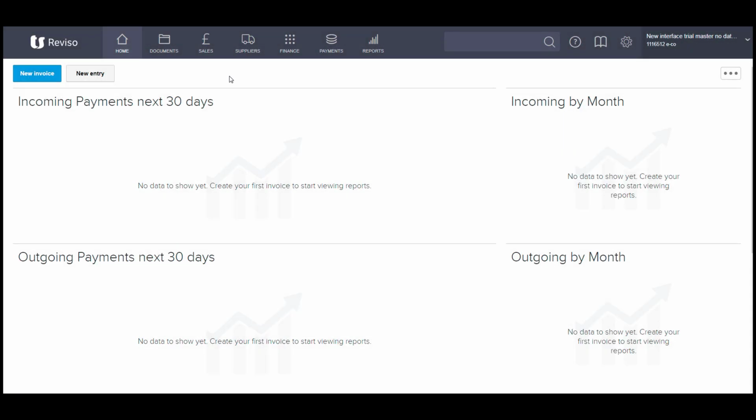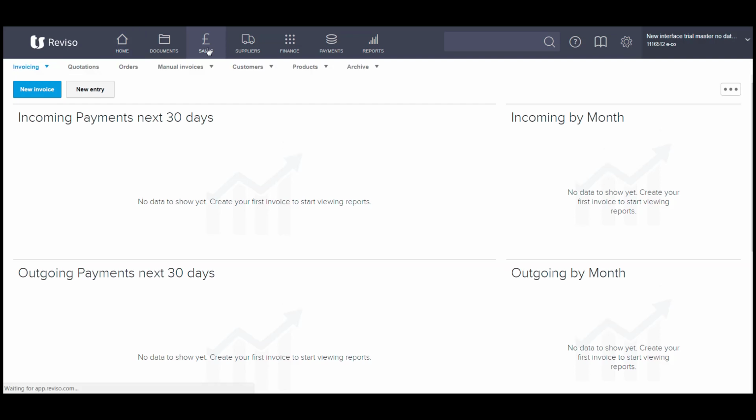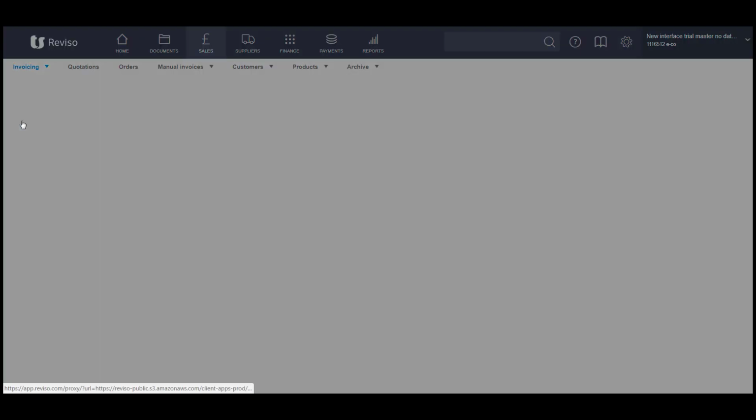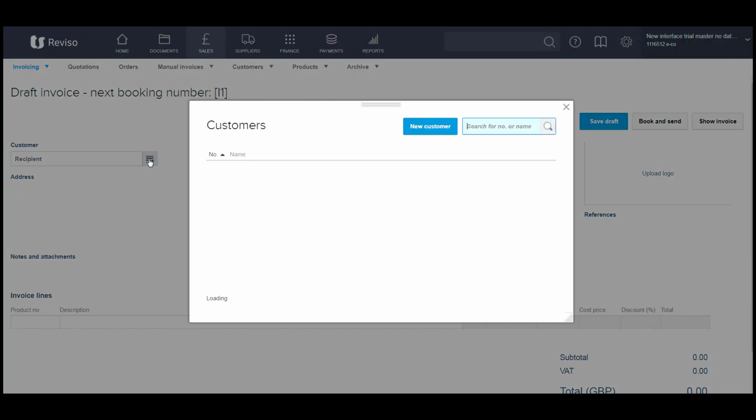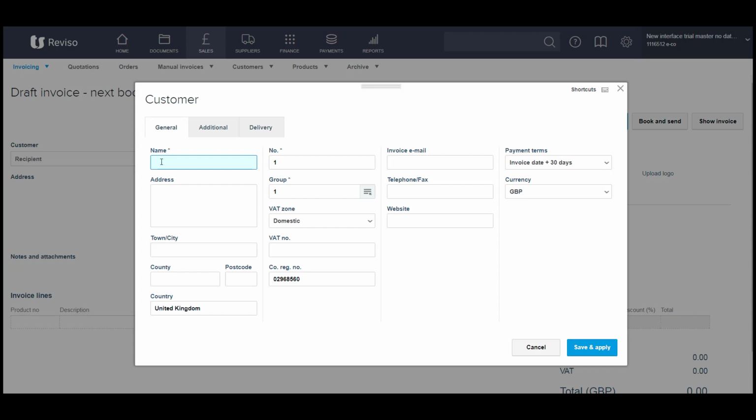To create your first sales invoice, go to the Sales tab, top of your screen, New Invoice, click on Customer and create your new customer. Enter the name of your customer,